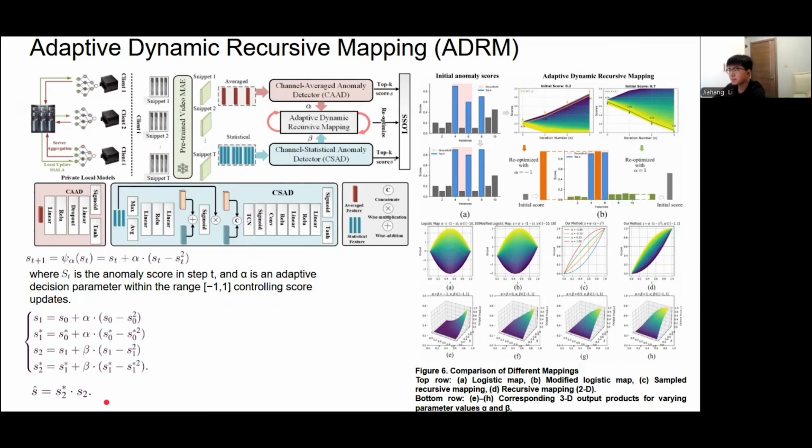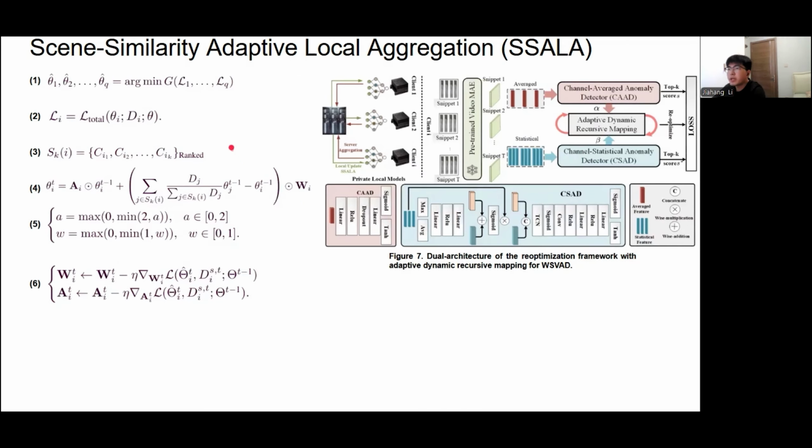The core idea of scene similarity adaptive local aggregation is to consider both the local model and the global model, allowing each client to adaptively update its private model weights based on its own data distribution.